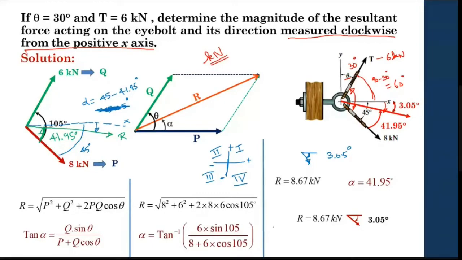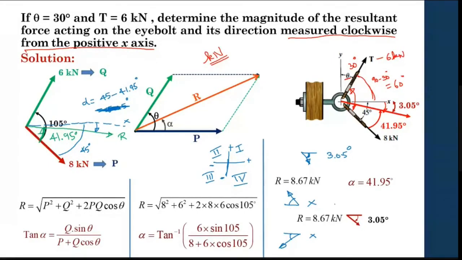Right? So if your force is in the second quadrant, I will be drawing something like this. I will draw like this, and I will mark it like this. It indicates that your force is in the second quadrant. Okay? If your force is in the third quadrant, I will be marking like this. Right? Whatever the angle you are getting here, you have to mark it. You have to write it here. With respect to which axis is the angle? The angle is with respect to the x-axis. Very good. So the angle is with respect to the x-axis.